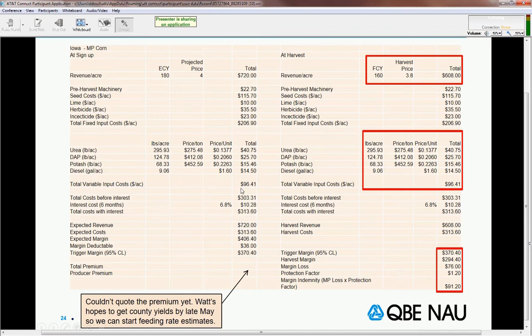You have total variable input cost of $96.41. You add that to the total fixed cost. So your total cost before interest is $303.31. Do the interest calculation like we showed. Take that times the total cost, and you get $10.28 worth of interest cost per acre for this producer, essentially, to borrow money in this example. Total cost with interest,